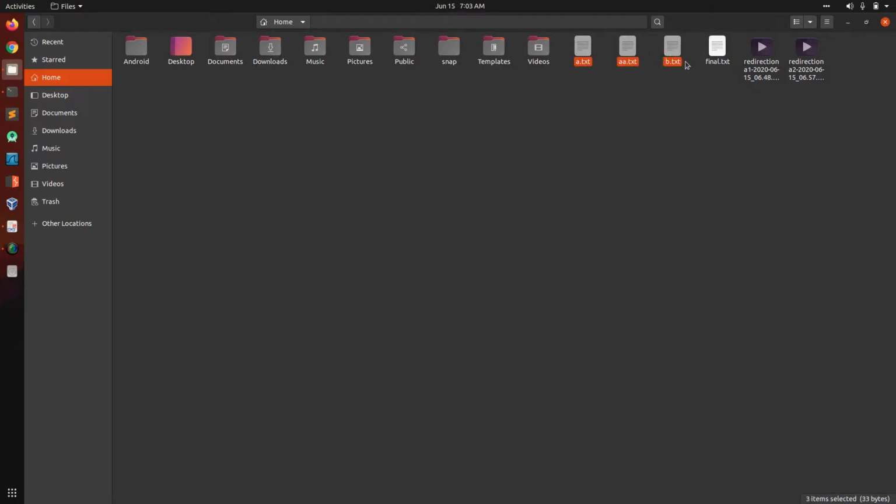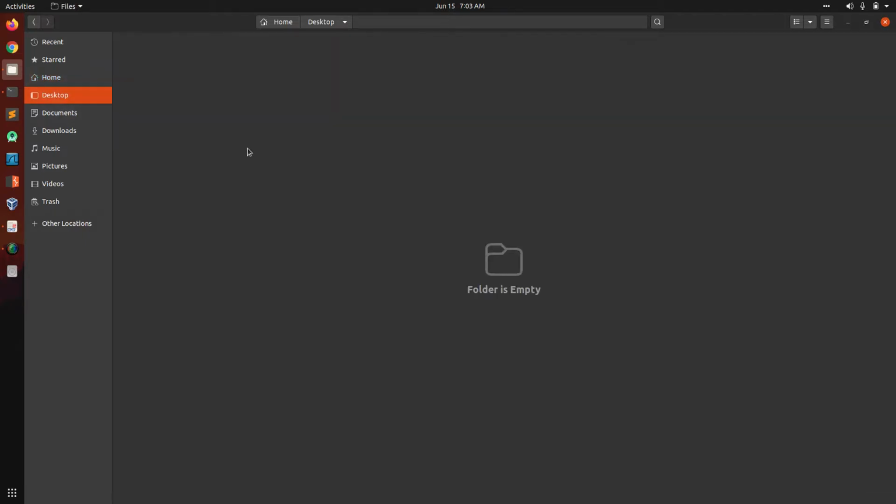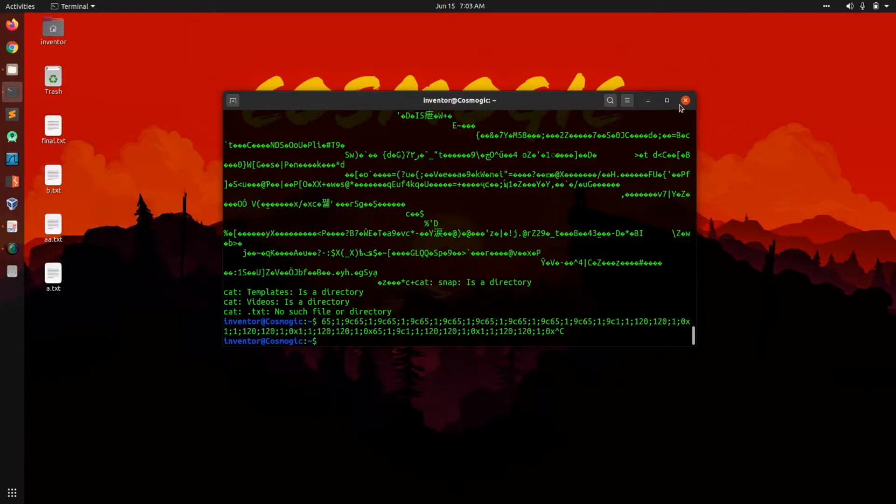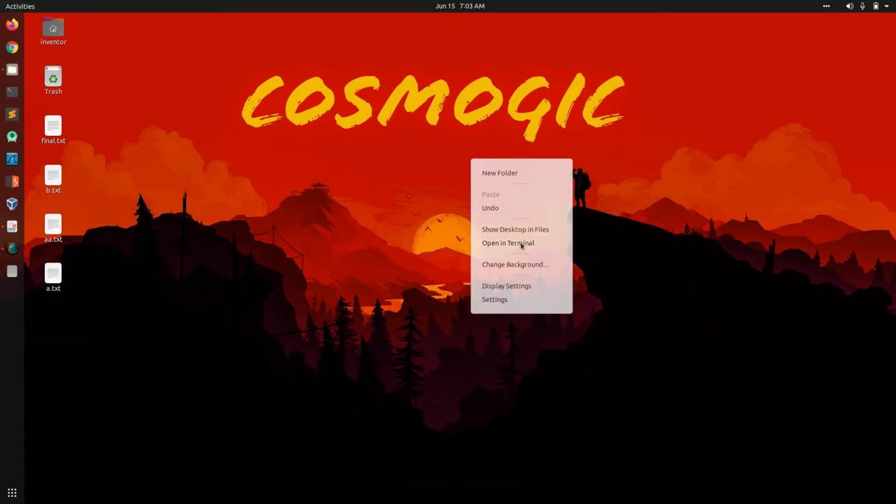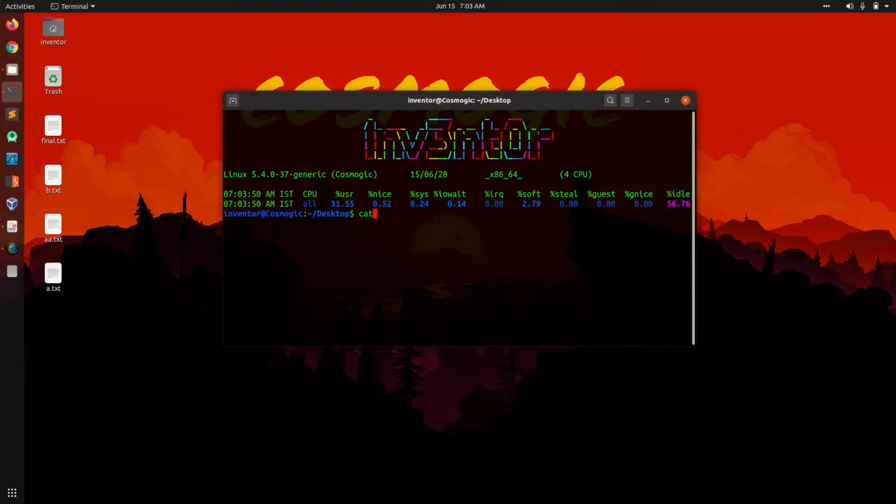Let's take these files and move to the desktop. And if I use the same command over here, it might not give that much of a result. See, it is just printing whatever we want, not all of the txt files, as we know in our user folder there are many .txt extension files.